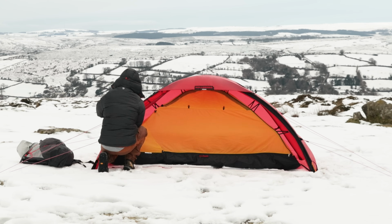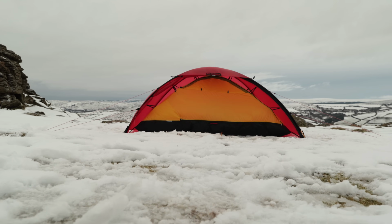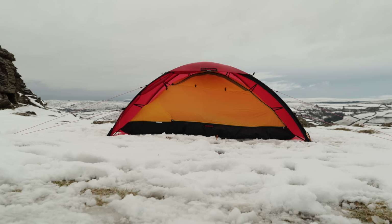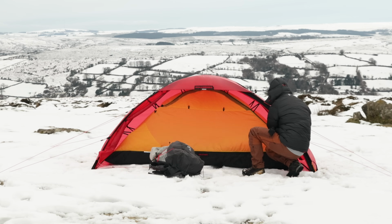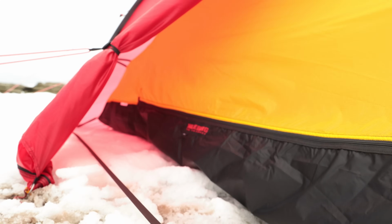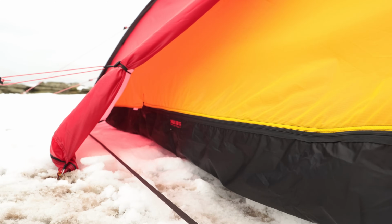So you instead get this kind of large inner tent, enabling you to bring your pack and everything inside with you, rather than leaving it in the porch area. I quite like this design. There's just about enough space to leave your mucky boots and stuff outside. And then what it gives you is a really, really